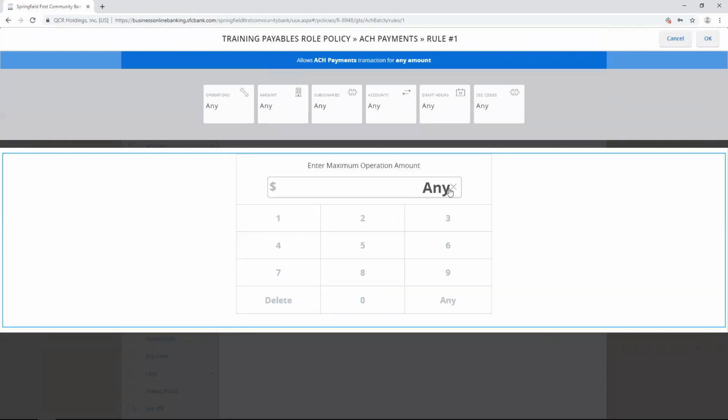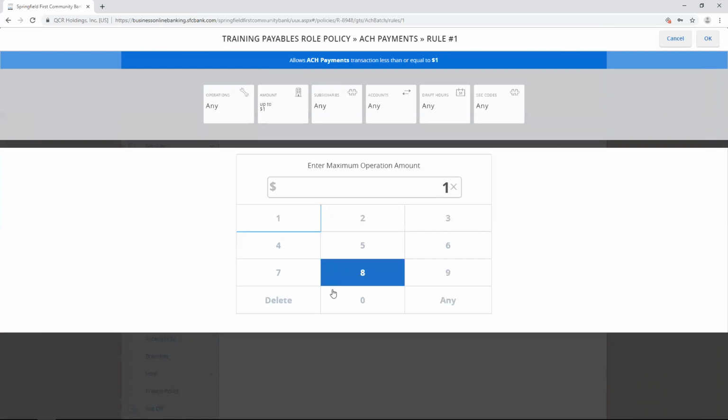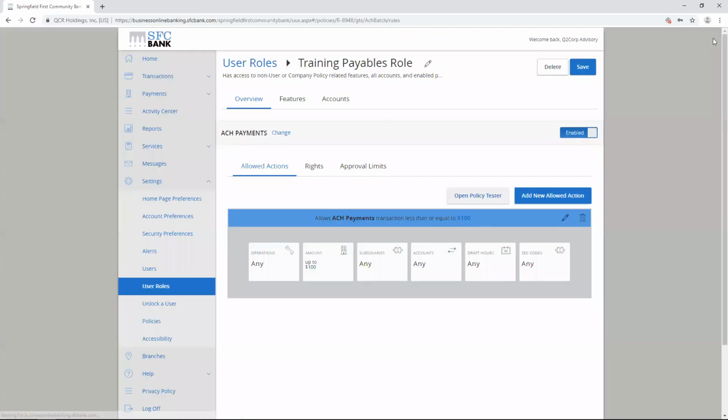Additionally, I can say what is the maximum amount for this particular role. And if you think about it, that maximum amount is going to apply to things like whether or not they can draft over a certain dollar amount, or whether they can approve over a certain dollar amount. In this case, let's just use $100 here. Okay, again, anytime throughout this, I can go ahead and click OK. And now you're going to see that I can do any operation. So I can draft a transaction, I can approve a transaction, I can cancel a transaction, but only up to